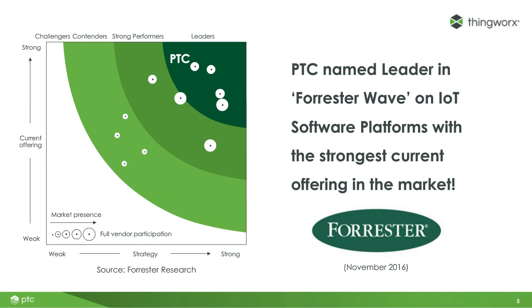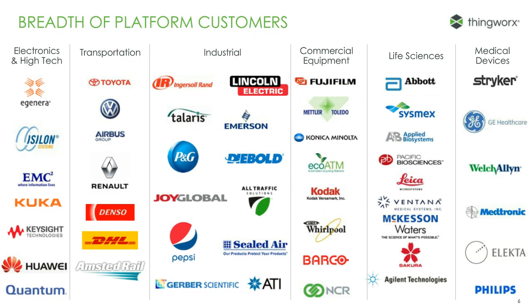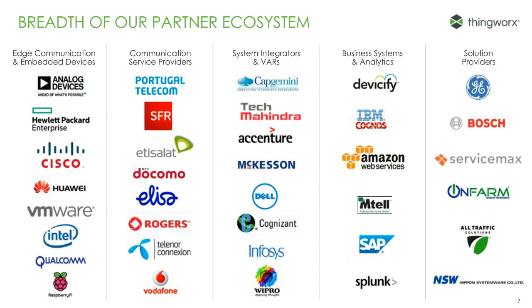Many companies are using this, whether they're using it within an industrial setting to maximize their operations. You can see all the different types of companies here that we work with in doing that, or companies that are actually building products and building software technologies and embedding our platform within their offering. So we work in many different spaces, both in the industrial space, but also in what we call the smart connected product space, where companies are actually creating products to access different markets and placing those products in the market and gathering feedback from them. So we work in these spaces.